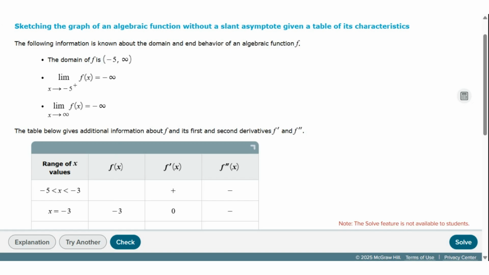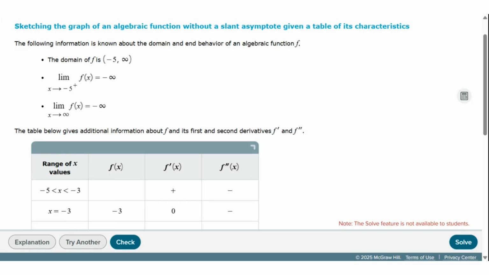In this problem, we're being asked to sketch the graph of some kind of algebraic function. We don't get to see what it is. It's not going to have a slant asymptote, they're telling us, and we get this table of characteristics. So first, some information about the domain. The domain of this is just from -5 to infinity. So we're going to put an asymptote right at -5, and it's just going to go off to the right